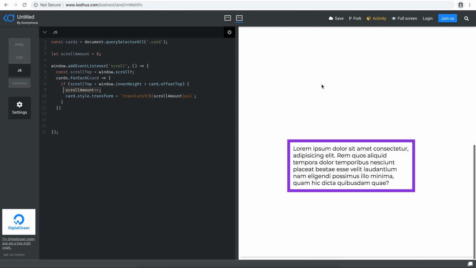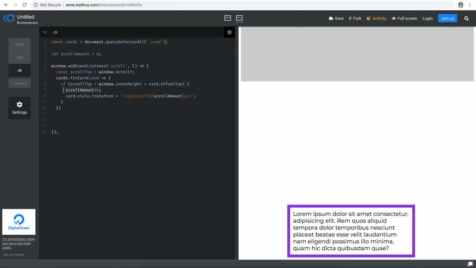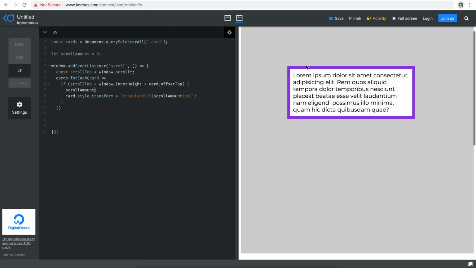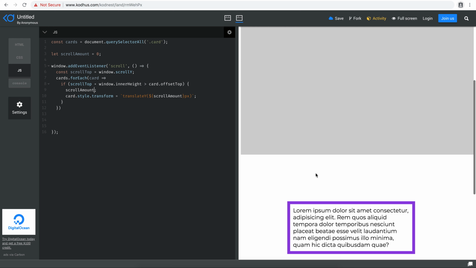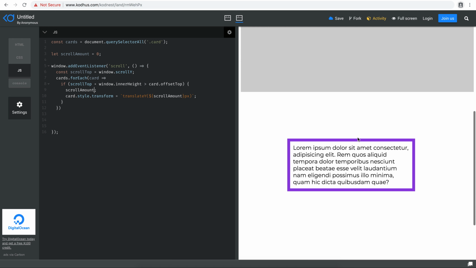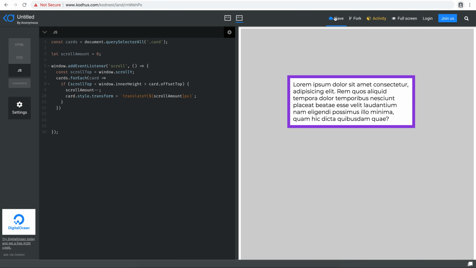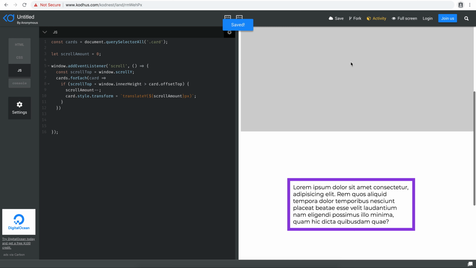And this one as well. So what we need to do is to change this to minus minus because what we want is when we scroll down, we want the element to go up, right? So now if you take a look at the second one, you'll see that it actually goes the other direction. Let me just fix this, minus minus. So now if I save, now you will see that